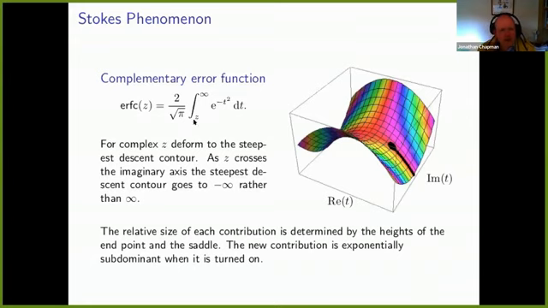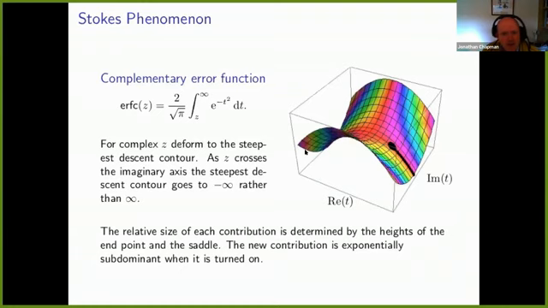And typically you're interested in an asymptotic approximation for the error function for large values of this argument z. And if you're doing that via steepest descent, then you would deform this contour in the complex plane. So if z is complex, you deform to the steepest descent contour and approximate it, and you'd get an endpoint contribution from this